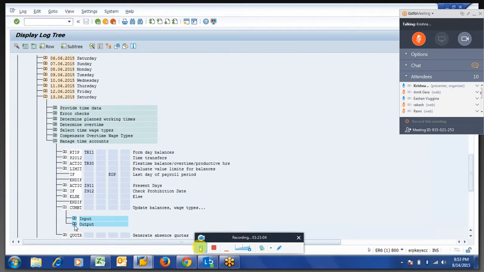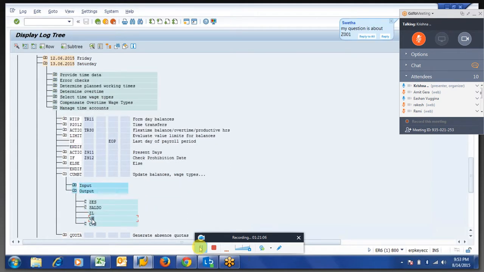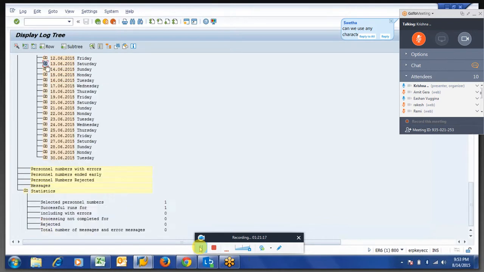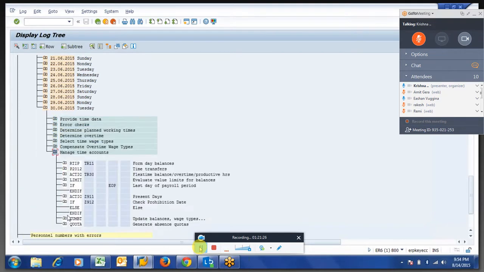you can't see the VS table. The VS table will store on the particular day itself. Z001 I have created, that's why it is coming to the VS table. If you want XYZY, you can create your own, whatever you want, with 4 characteristics, and you can store. If you are not comfortable with this, you can use time type.